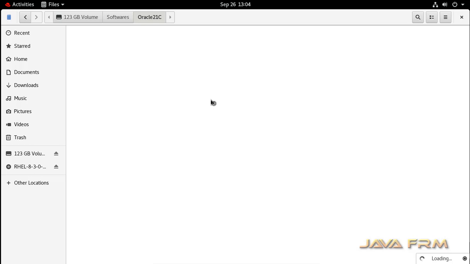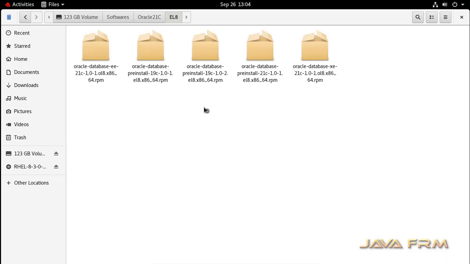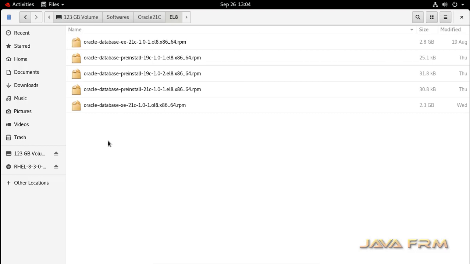Next, here you can see the directory. This directory contains RPM files which I am going to install. This is for the Enterprise Linux 8 version. I have provided the download links for these RPMs in the description of this video. 2 RPMs are needed for this.